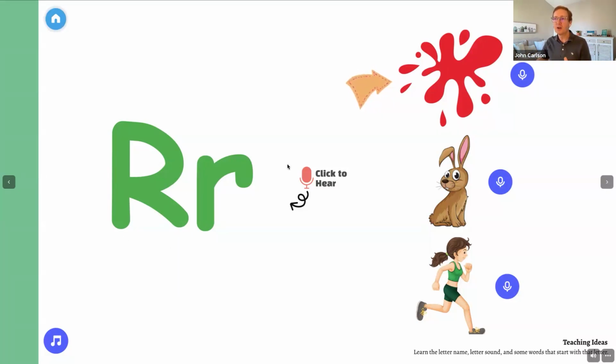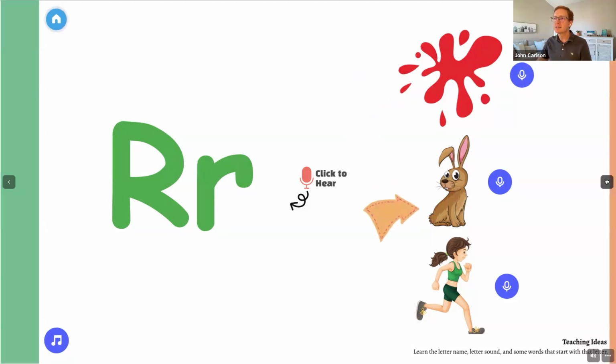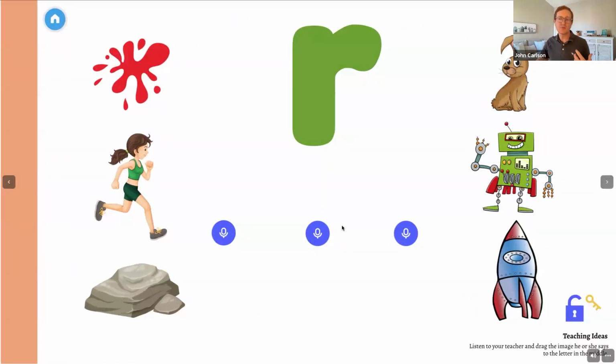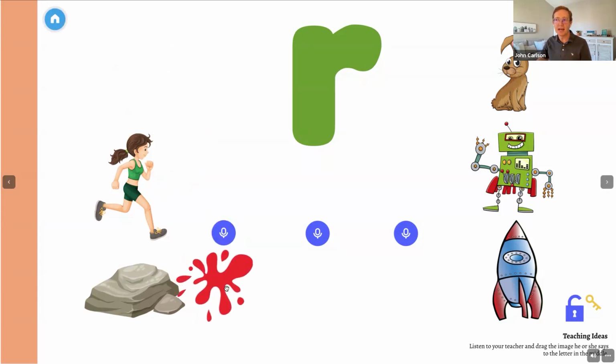With the words, there's a lot of sounds that you can click on, a lot of interactive items that you can move around. And there are a lot of different slides that require students to gain some understanding of both the sound and some words that would go with it. So for instance, with this one, you're listening to a word like "red" and then trying to find which one it is and dragging it down. There are little lock and key options.